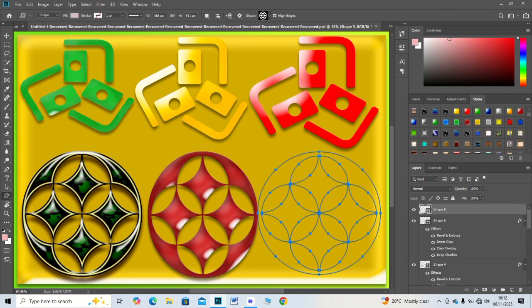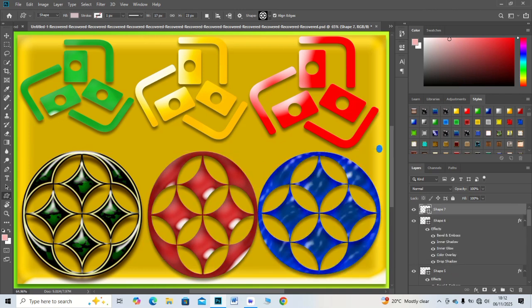Your design now looks grounded. Add a gradient background for extra depth. This effect works perfectly for modern